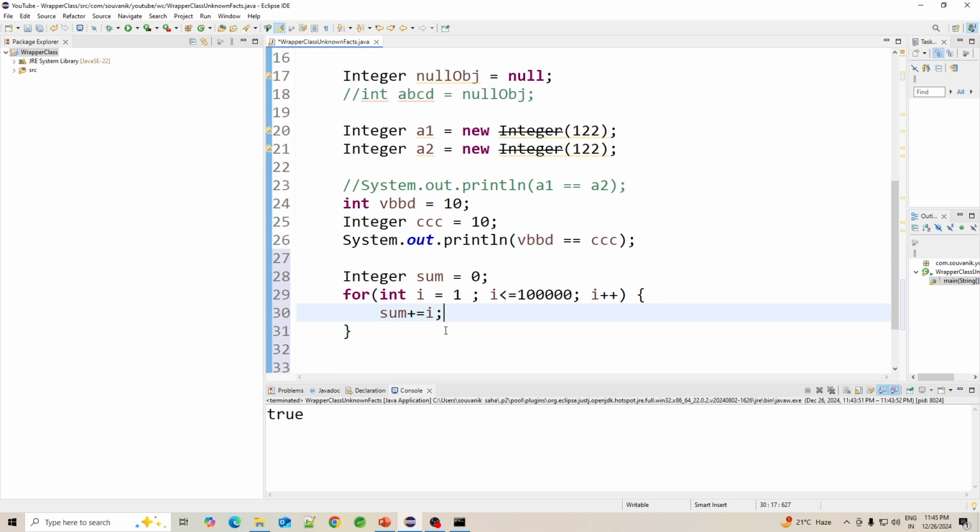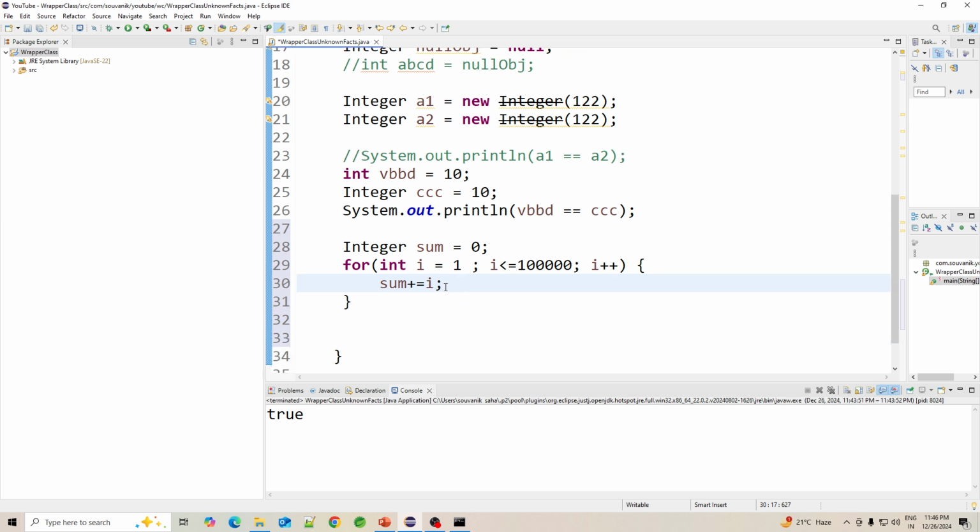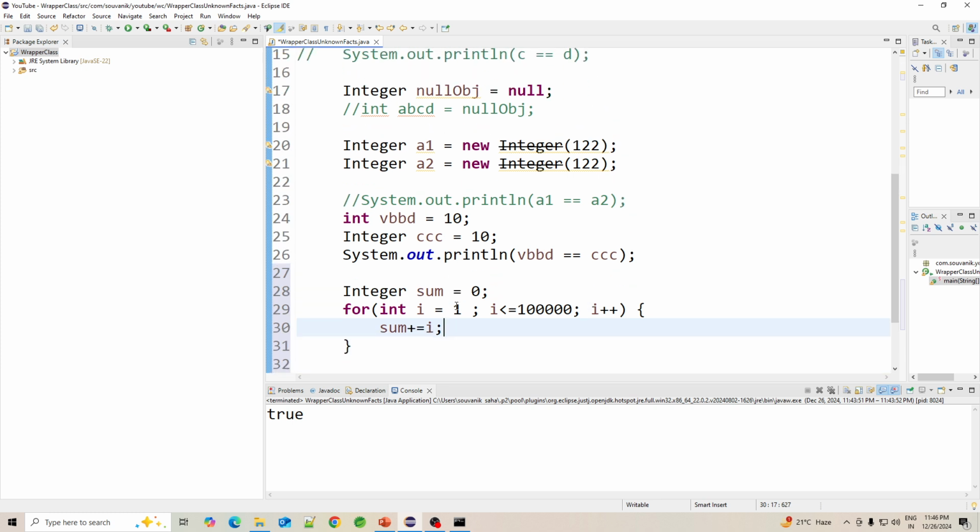This will create a performance issue, because every time inside the loop, autoboxing and unboxing is happening, and every time it is creating new objects, and because of that the performance of the application will go down. And as you already know, if we have a lot of unused objects, the garbage collection will start removing these objects. So whenever garbage collection runs, your program might slow down.